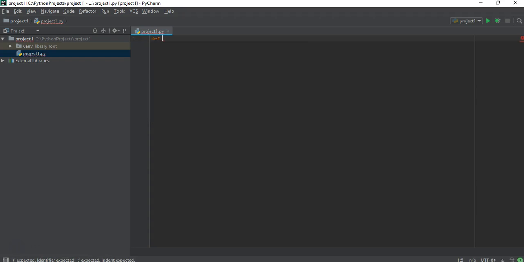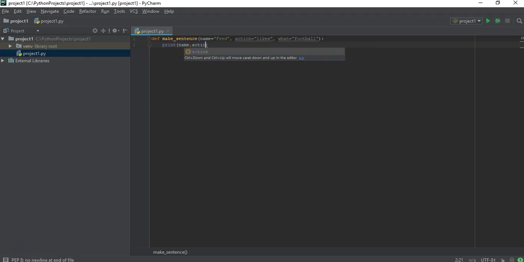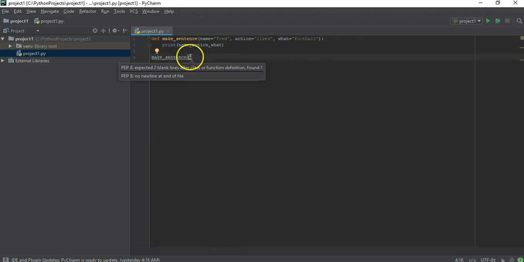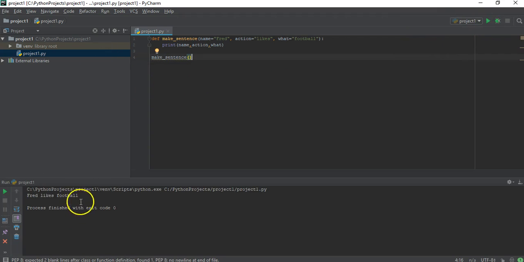If I put def make sentence, I could put in here for the arguments, name equals Fred, action equals likes, and what he likes is football. And put my colon, and I can put print name action what, and then I can put here make sentence. So I'm going to call the function, and as you would expect, it prints out name action and what,